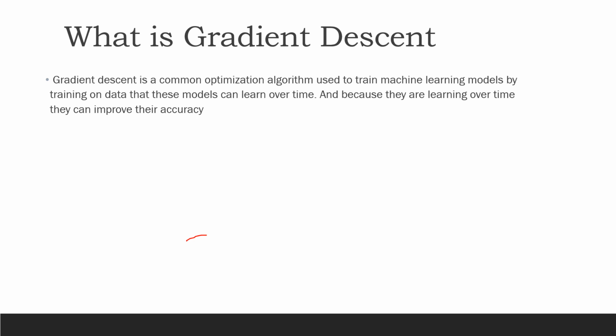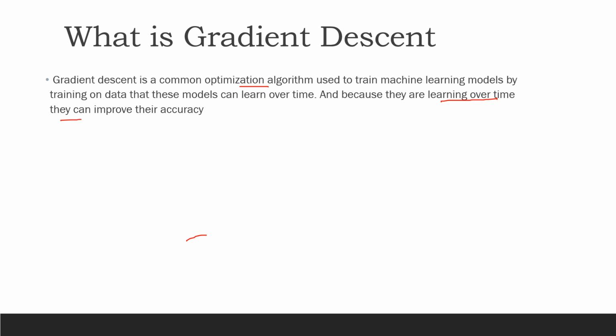These are taken from different sources. Gradient descent is a common optimization algorithm. So we were optimizing the value of that parameter in order to find the best fit. We were optimizing those parameters theta naught and theta 1 there. It is used to train machine learning models by training on data so that these models can learn over time. The key thing to note in this definition is that the model is learning gradually over time,